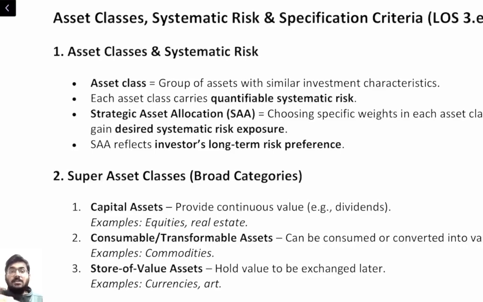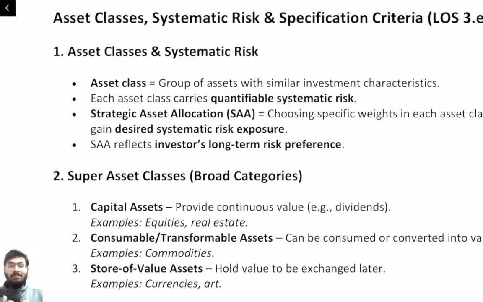So when interest rates increase, bond prices start falling, or when inflation increases, gold often performs better, or when the economy grows, equity will perform well. So each asset class represents exposure to a specific systematic risk. Based on the examples I have just given, bond price is influenced by interest rate risk, gold is influenced by inflation, and equity is influenced by the economy as well as GDP. Clear?